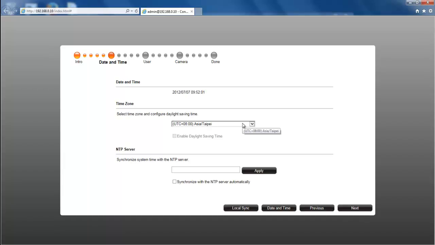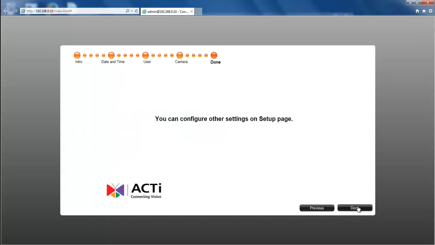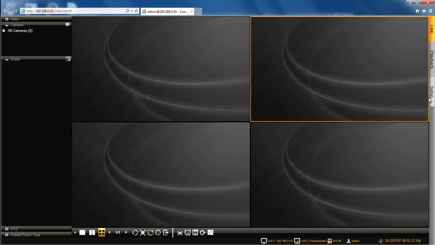You can do your basic setups at the very beginning. Don't forget to change your time zones, along with syncing to an NTP server should you wish to do so. And the rest of the configurations can be done either through this basic setup or on other settings on the setup page. This is our live view page. If I go into my setup,